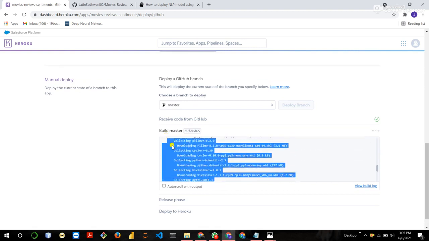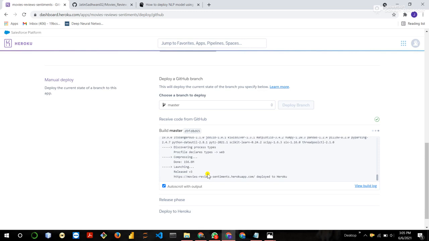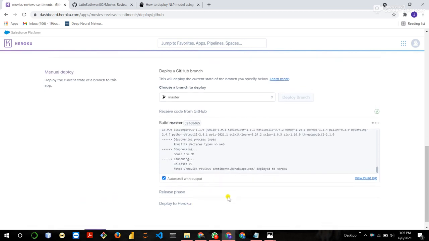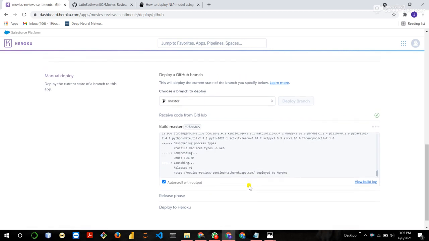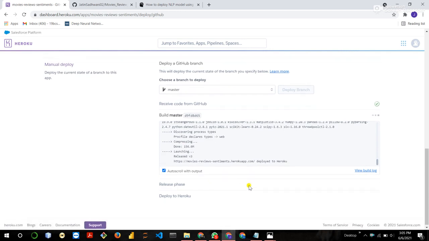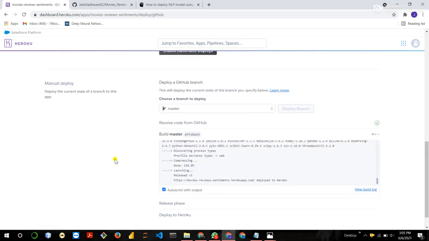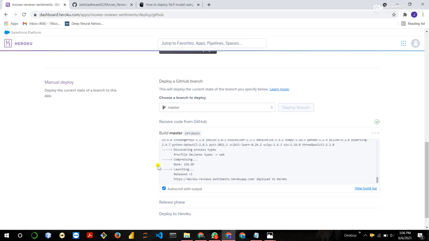It will take 20 to 30 seconds more. Just wait, guys. I have embedded the NLP model with the Flask application. Firstly, I deployed this application on the localhost and then tried to deploy it on the Heroku platform.